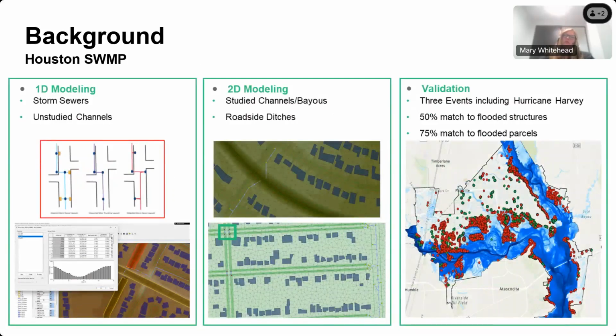So as I mentioned before, there were 2 components to this project. There was the model build, the 1D and 2D, and then we also completed a validation of the models. So the 1D modeling noted before was the storm sewers as well as unstudied channels. And the 2D modeling focused on updating the DEM to include roadside ditches as well as any sort of studied